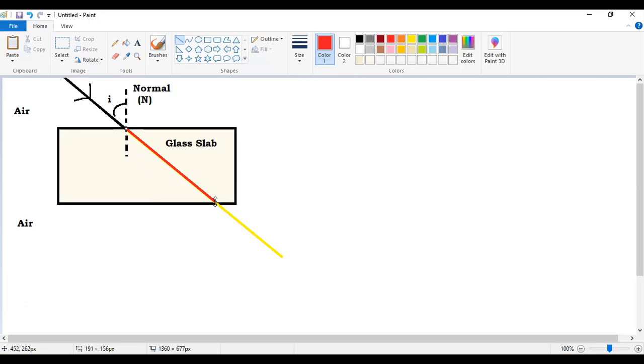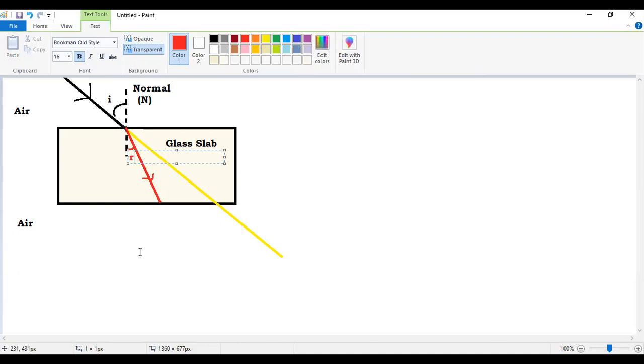The speed of light has decreased and it will go towards the normal. And this angle between the normal and refracted ray. This ray is known as refracted ray. The ray shown to you in red color means refracted ray, and